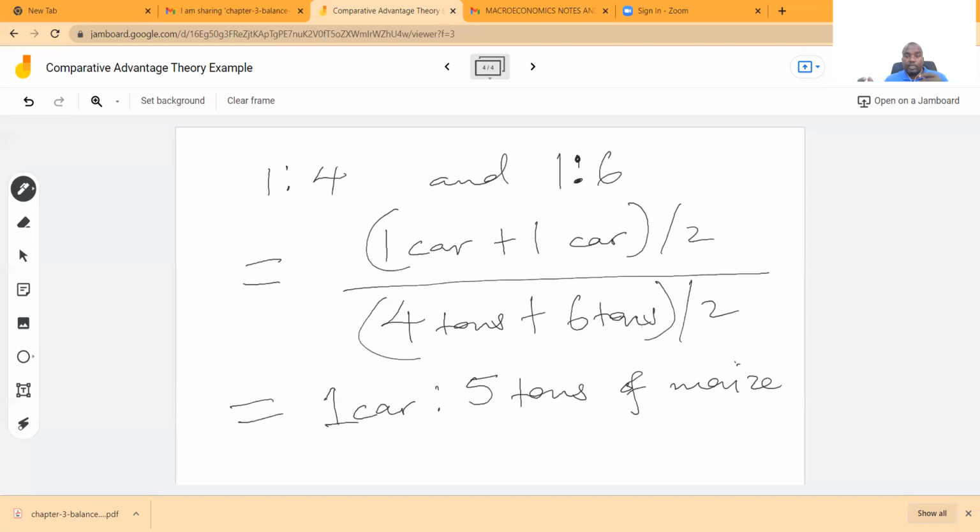Between 1:4 and 1:6, the median happens to be 1:5 in the scheme of things of these fractions or trading ratios. This in general is how you calculate the mutually beneficial trading ratio without going through the hassle of doing